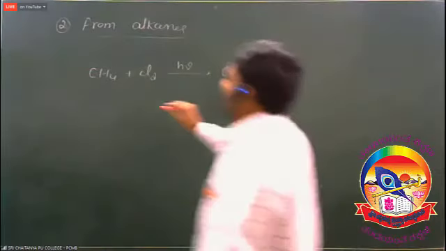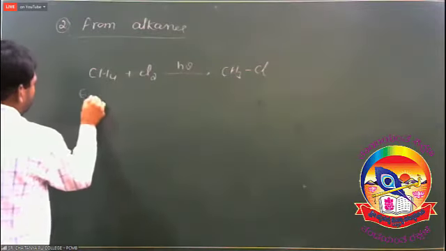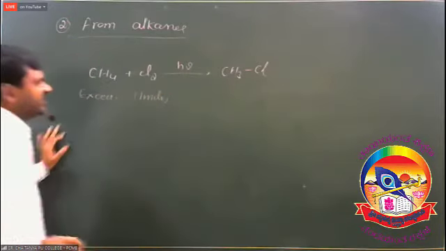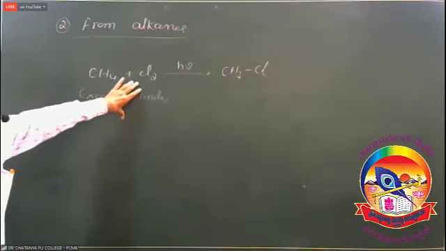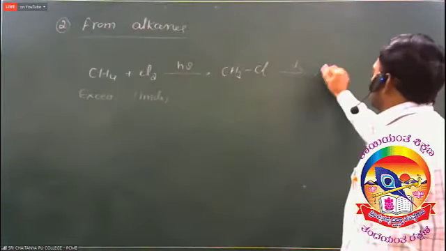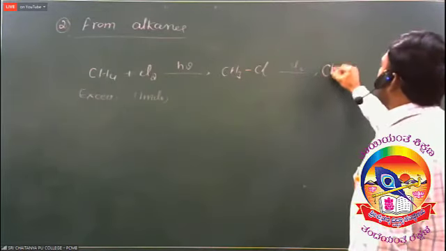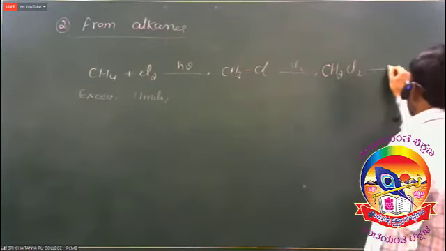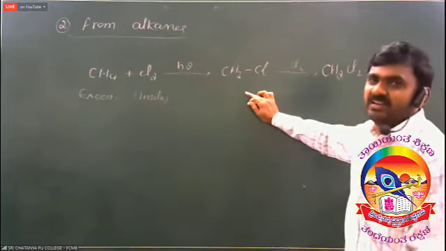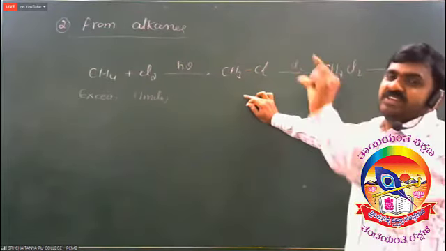So if you take excess of methane, excess of alkane reacts with just 1 mole of chlorine, then we control the reaction in the first step. So it gives methyl chloride. Otherwise, it reacts with the chlorine molecule. Second step, dichloromethane is formed. Next, in the third step, trichloromethane, commonly also called chloroform. In the fourth step, finally it gives carbon tetrachloride. Okay, it is a chain reaction. It is the example for free radical substitution reaction.